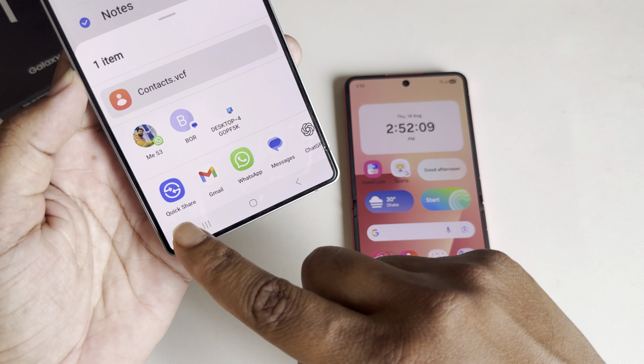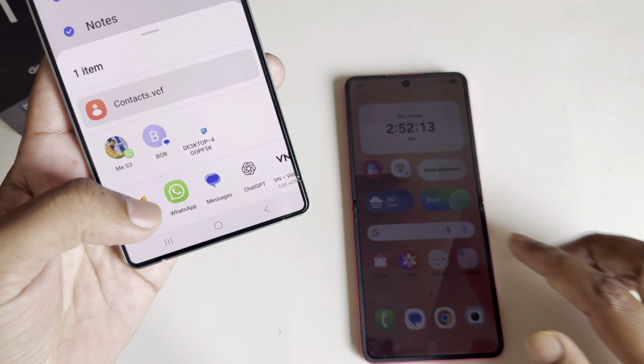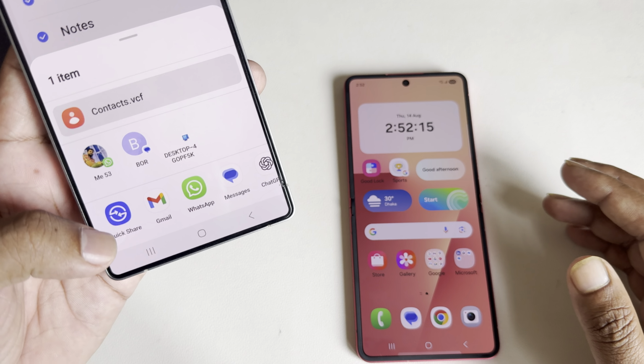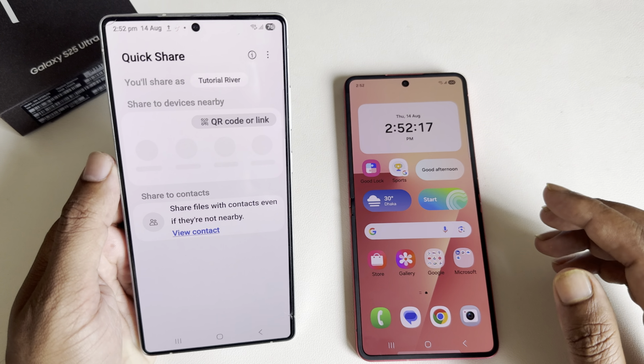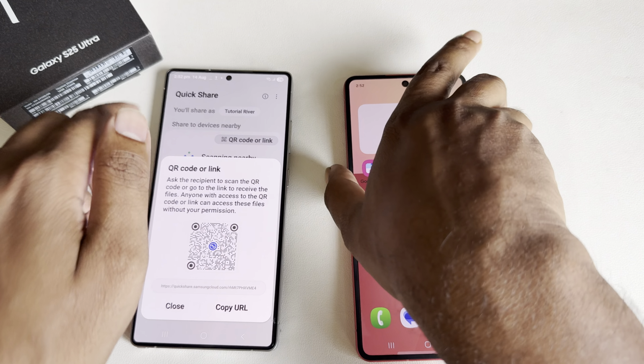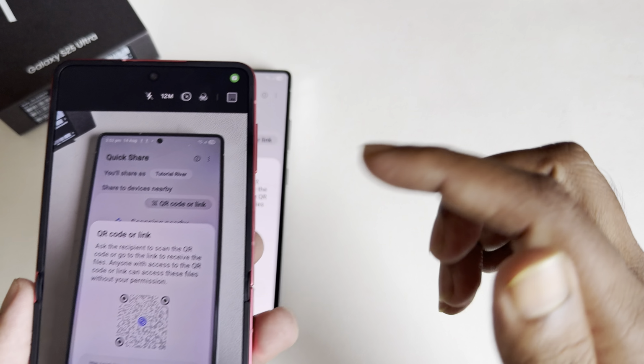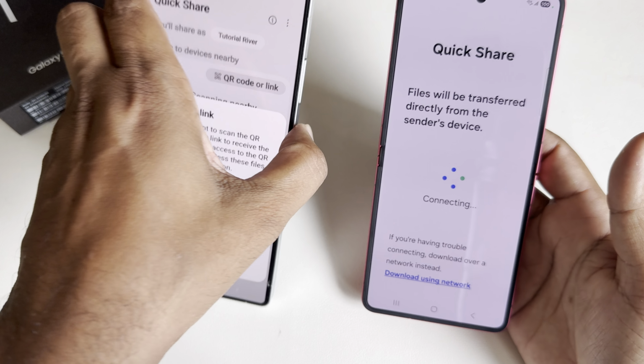Now here you can see the quick share option. Also you can send it to Gmail, WhatsApp, message or anything. For example, I will send it as a quick transfer. Now here is the code for quick scan. Now open the other phone's camera and simply scan this option, and once you scan,